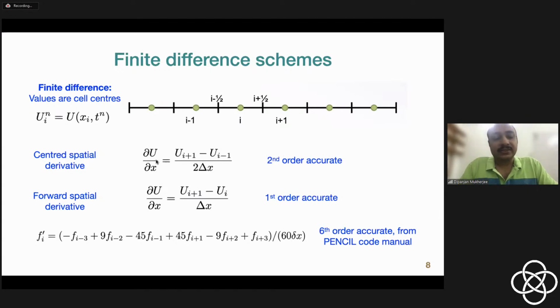For example, this is the centered spatial derivative, second order accurate, forward derivative in space, etc. And there are some codes which actually discretize the space and write the fluid equations in terms of finite differences. For example, the Pencil Code, which is accurate up to sixth order,